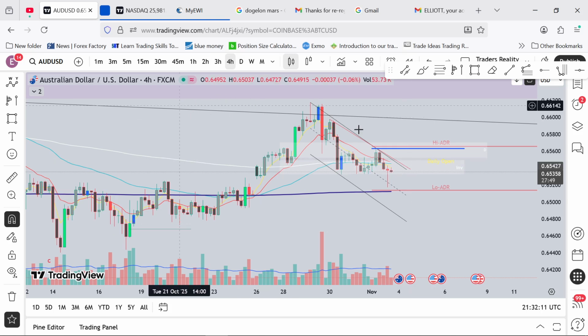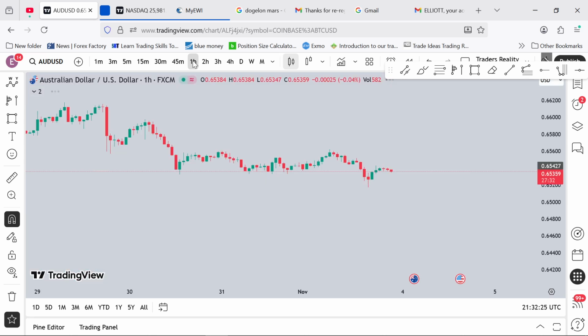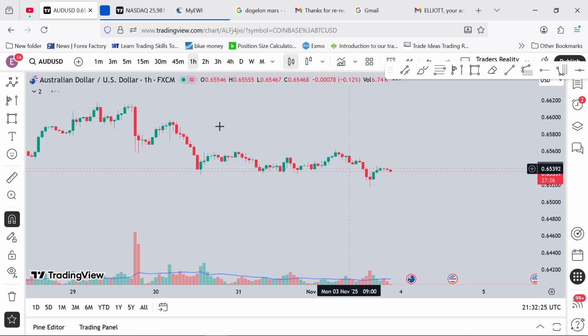Don't forget, this was the monthly one. This one was created, by the way, it's a channel. I've got this red line here, giving us another trend line here. So looking for price to grab that and then go lower. So that's really it for AUDUSD. I can keep going down to the smaller time frames, like we're on the 1 hour time frame now, but ultimately,